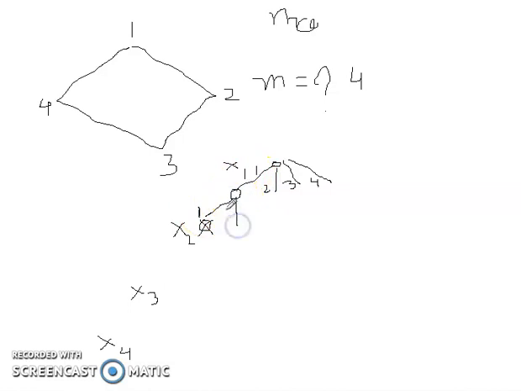Then I try to color it with another color, say color 2. So that is allowed. With color 3 it is allowed, color 4 it is allowed. So I can give any of these 3 colors to the second vertex. Now I further expand. So how am I going to expand further? Now I will decide for the third vertex. Now again I will try to give 1, 2, 3 and 4, all the colors.